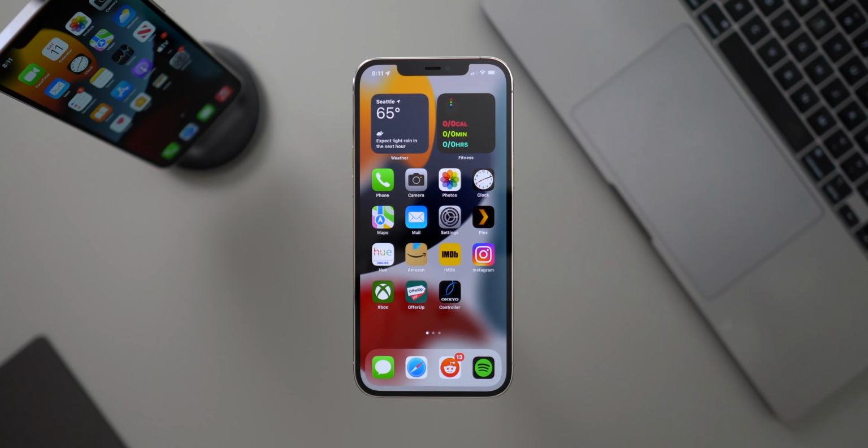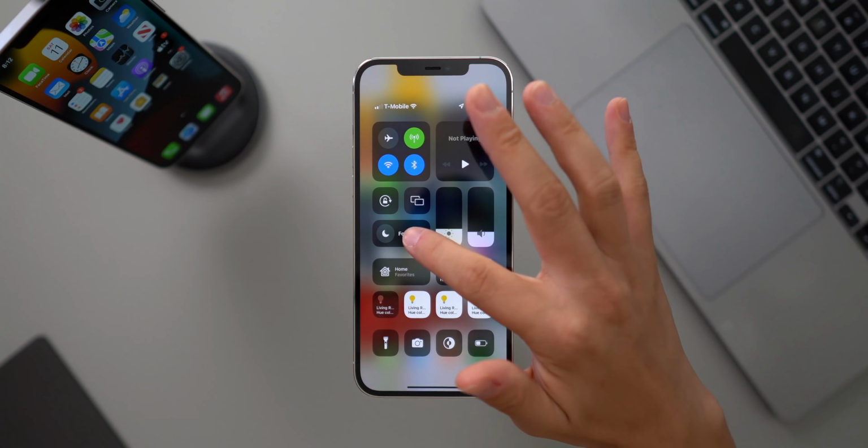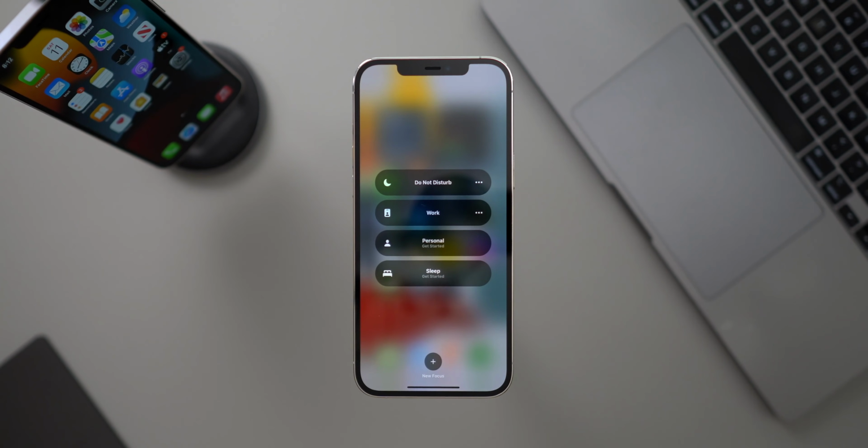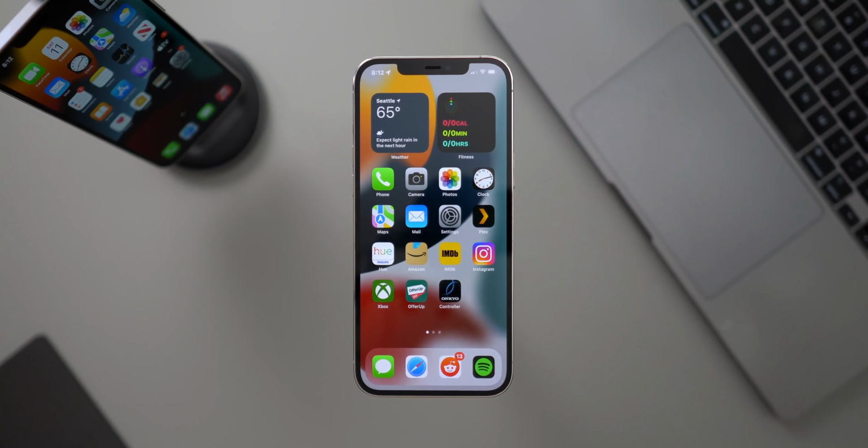The only new feature that I really wanted to talk about that's very well known is Focus, which is basically a very beefy version of Do Not Disturb. Instead of one Do Not Disturb mode, you can have as many as you want. Basically, in different modes, you can choose which apps can give you notifications. You can go as far as creating a custom home screen layout, or having a custom page of apps be displayed during work hours, for example. You can hide your notification badges. It's really impressive. So let's just jump in and I'll walk you through Focus,